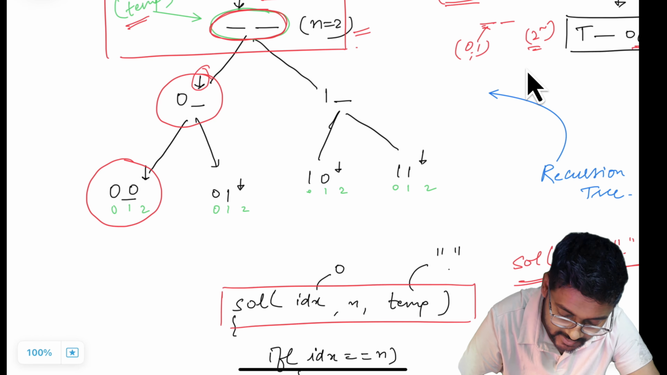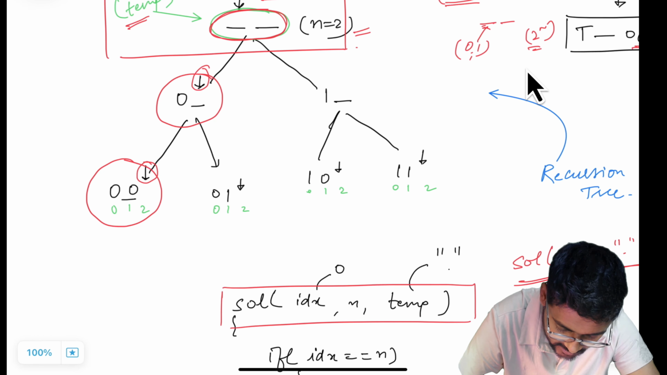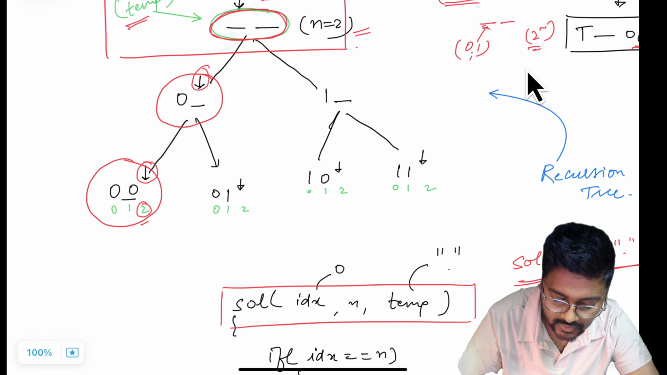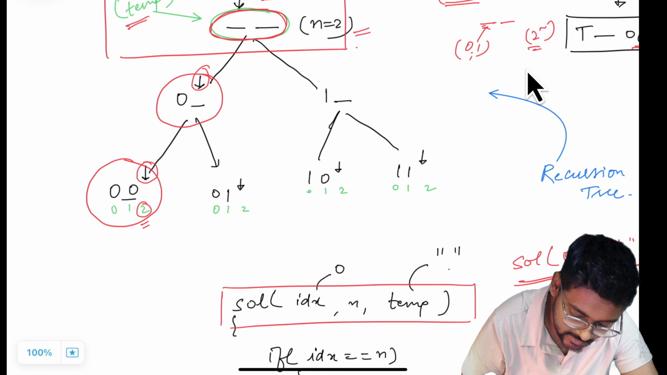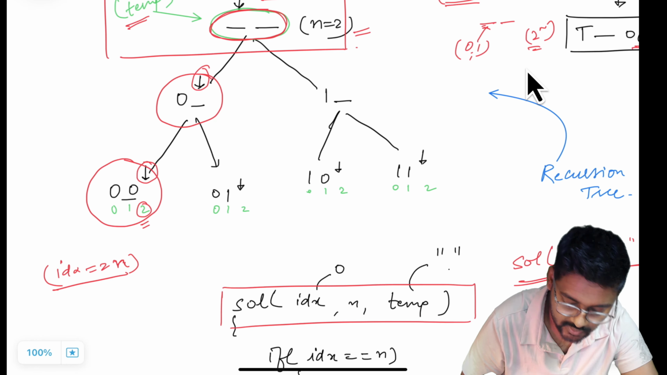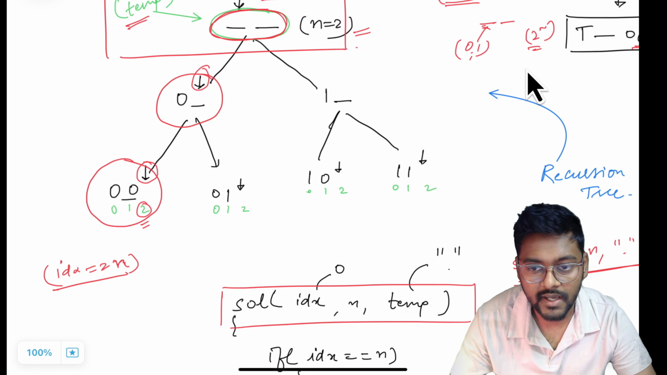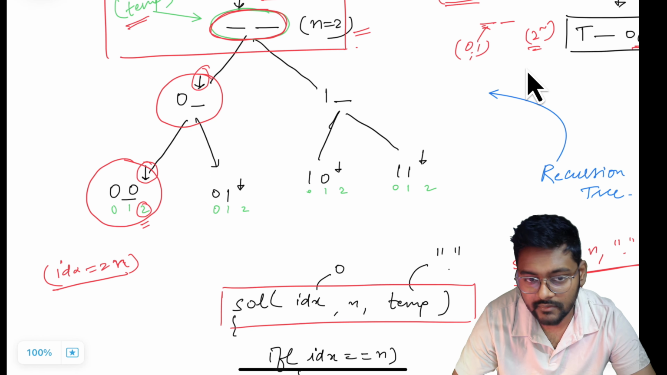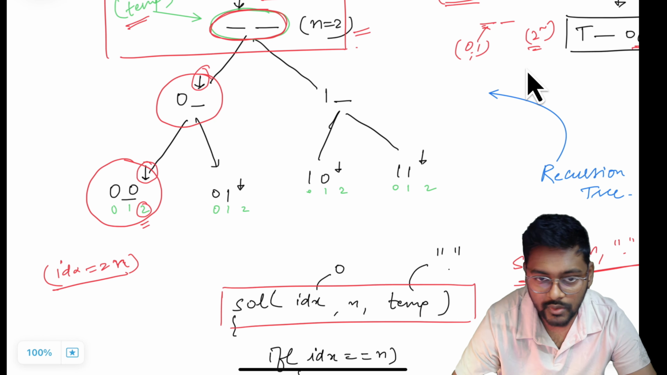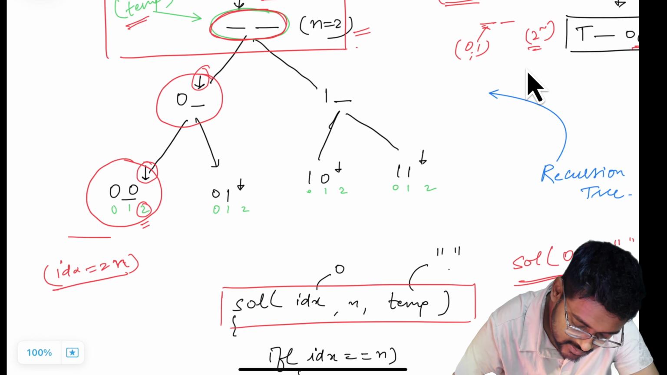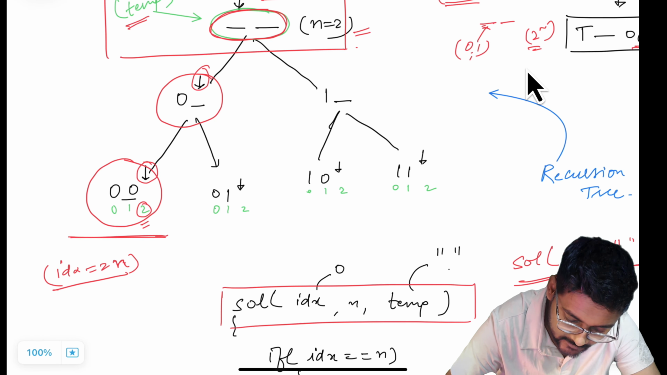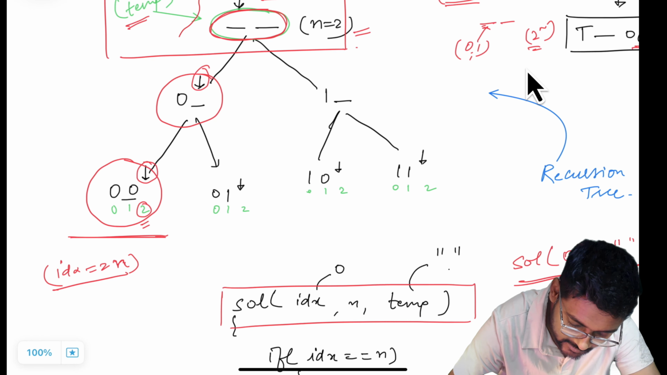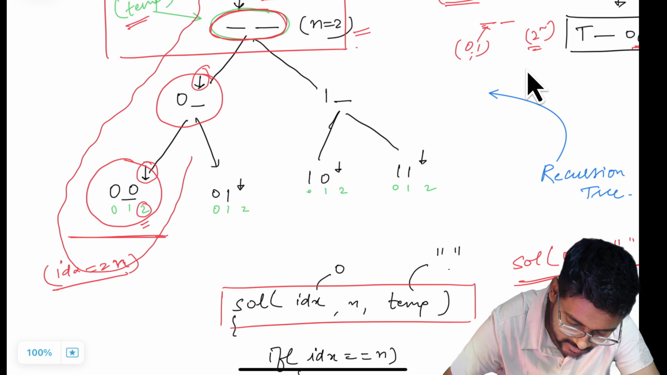I'm filling 0, then the index pointer is pointing to 2. It means that index is equal to n, and n is equal to 2. This means we have two elements in our string, and we also only require a size-two string. So this is my terminating case, and then again I will return back in the recursion, return from here,